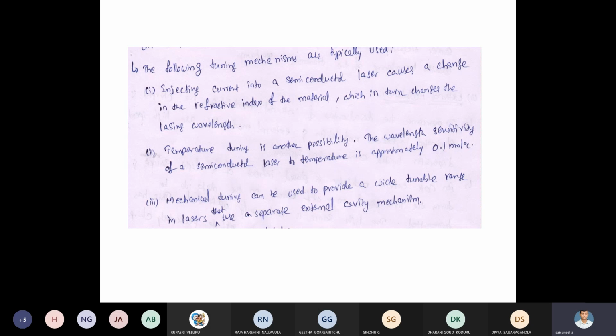These are the three topics related to the transmitting side. The first one is light sources. Today we discussed the laser concept and the different structures of laser. The second one is LED. The third one is tunable lasers.